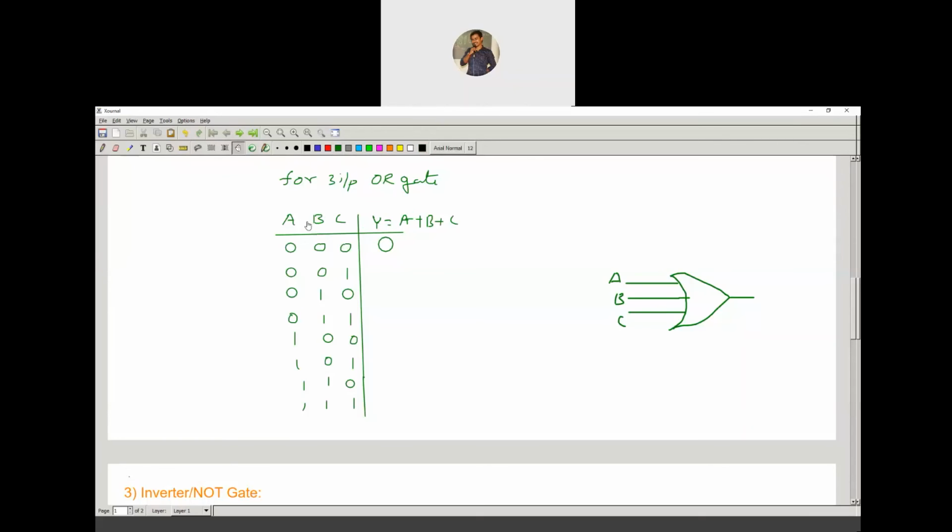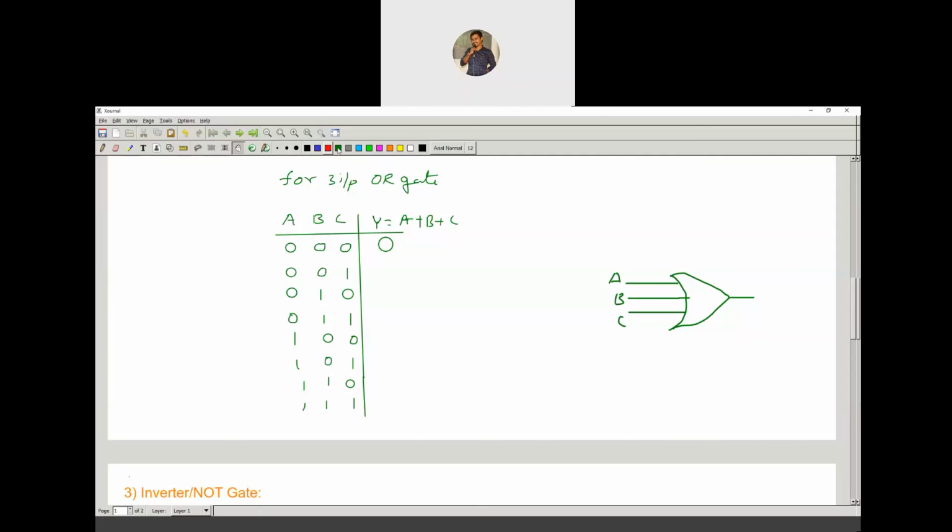Now here, with a 3 input OR gate, we are going to use the 3 binary inputs A, B, C. A can have 2 possibilities, 0, 1. B can have 2 possibilities, 0, 1. C also has the 0, 1 possibilities. Total 3 inputs and each input has 2 possibilities. Now tell me how many combinations we can have here? 2 power of 3 combinations, right? There are 8 combinations. For 4 input variables, you can have 2 power of 4 combinations. For 5 input variables, you can have 2 power of 5 combinations. Like that, for n inputs, we can have 2 power of n combinations.